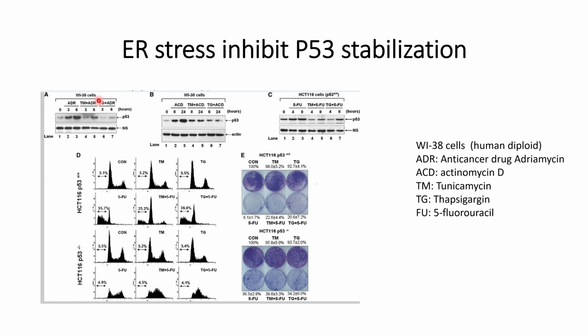That has been carried out from cells acquired from WI38 cells. These are human diploid cells, or we can say the first licensed human cells for vaccine production. What they have done is use different kinds of WI38 cells, that is, cells that are treated with ADR, the anti-cancer